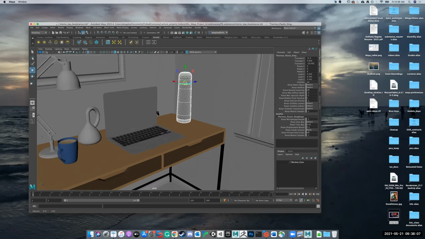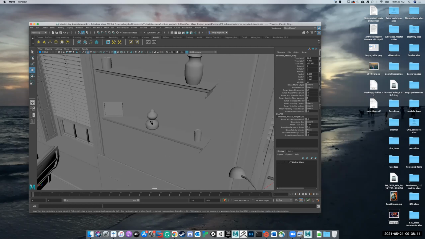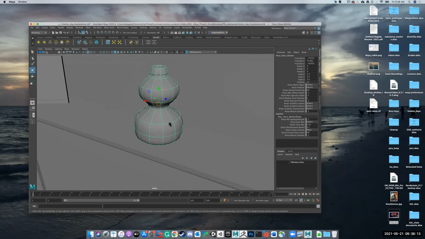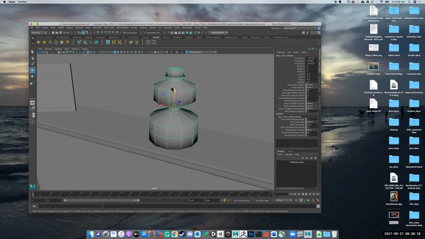So the other thing I want to tell you about is that there are objects in the scene that have smoothing. I think this is one. And if you press 1, they'll go all wonky like this. This is bad for us because this is going to go into Substance Painter like this in 1. So this is still a powerful technique if you use 3-key smoothing, but you have to know what it is. And basically, you can model like this, but if you do, just put it back in 1 and then